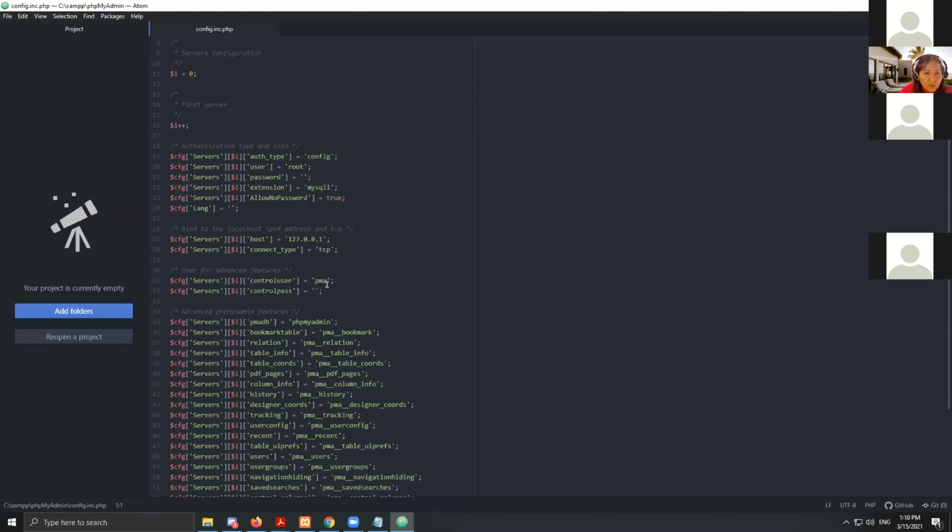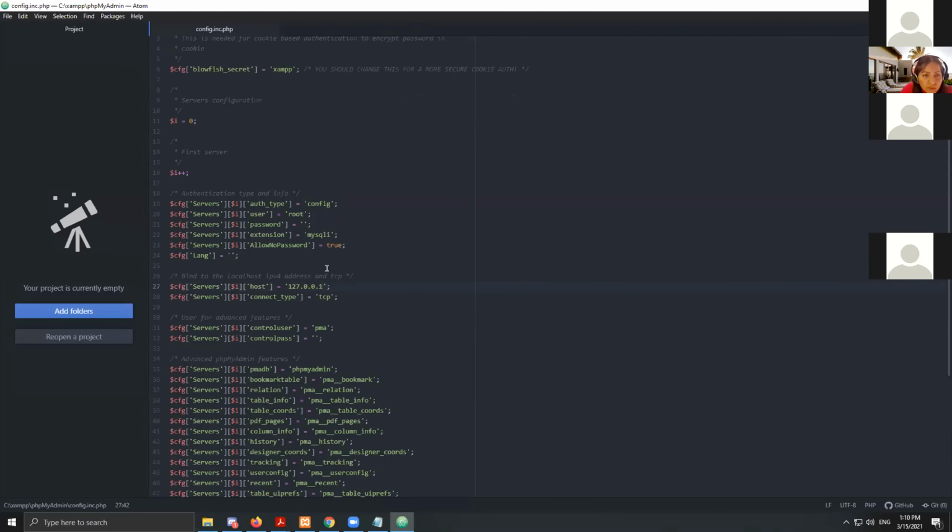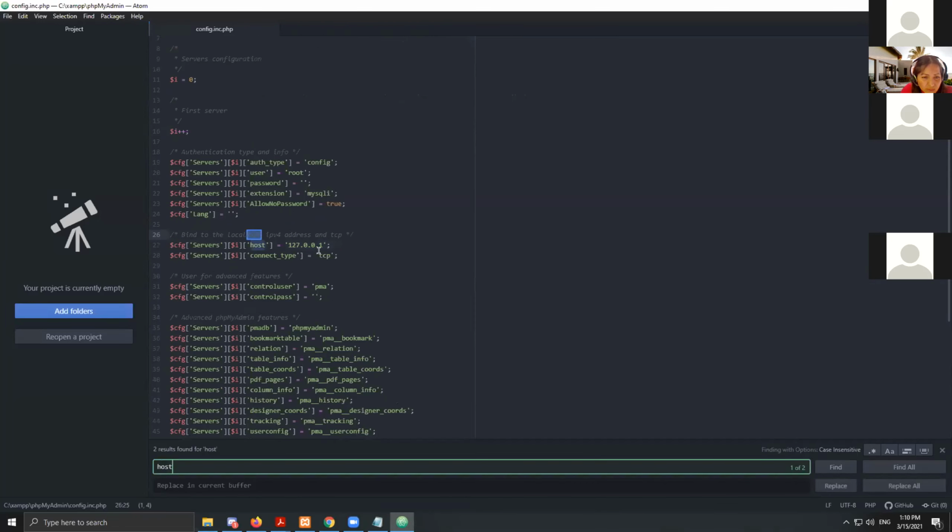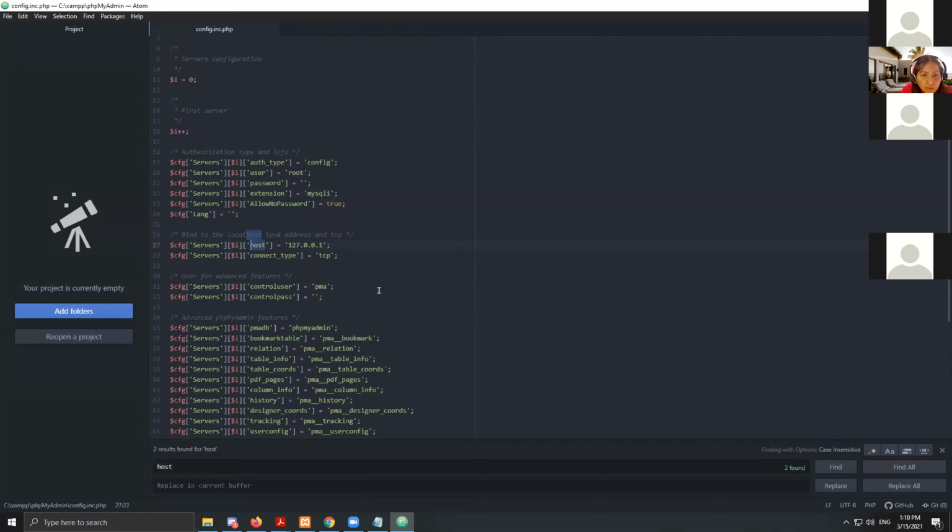And you change the line host. You see 127.0.0.1 in the single quotations? You change your IP. You change it to localhost. So this, right? The IP. Okay. Yeah. Change it to localhost